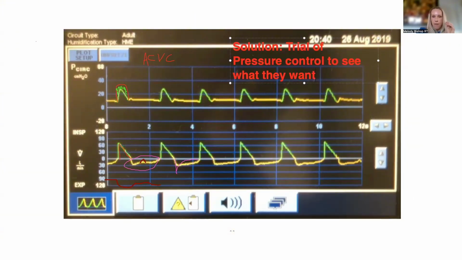Yeah, I think what I would hope to see within a few breaths of the switch to pressure control is, once you have fixed this flow starvation, that as the patient's work of breathing decreases and they feel more comfort, they start to slow down. With that, you're going to correct the auto peep. Right. Exactly. And with that correction of auto peep, they're not going to feel as much work in order to initiate a breath, which then will also hopefully help them settle their breathing even further.